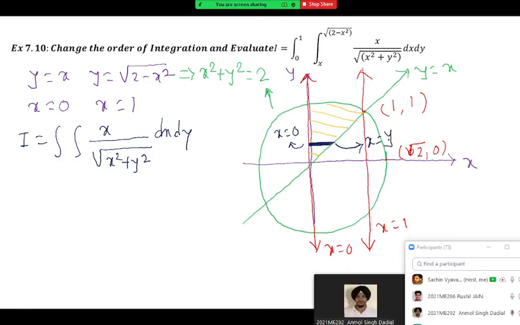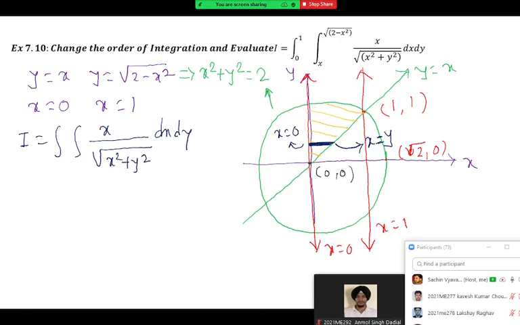Sir, actually, I had a doubt in this figure. Sir, do we have to again break it into two integrations? Because when we are dragging, the curve is changing from a straight line to a circle. Yes, Amol, it's a good observation, and that is what I wanted from you. You observed it correctly. Right now, the left hand touches x equal to 0 and the right hand touches x equal to y. But when we drag it from minimum, what is the minimum and maximum value of y over the region?